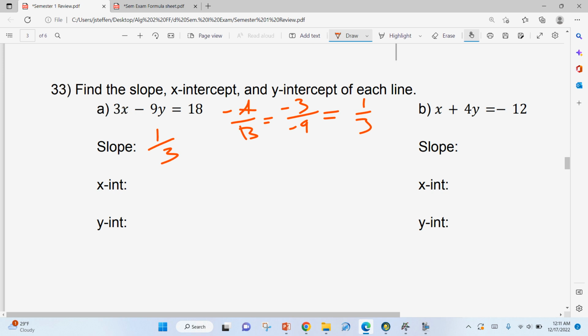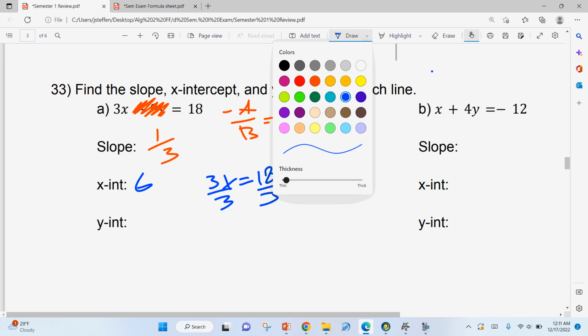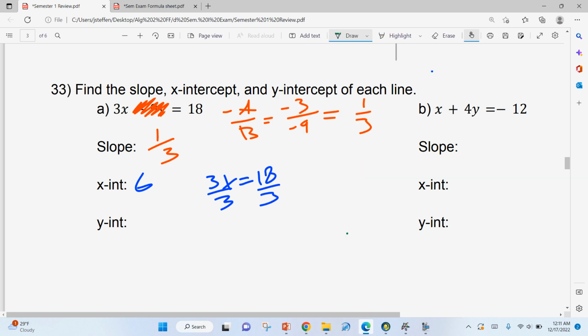Then the cover-up method for the x-intercept: we cover up our y. Remember, when you do the cover-up method, we want to keep the x to get the x-intercept. Change my color so we can stay organized. That leaves 3x is equal to 18. If you divide both sides by 3, that means my x-intercept is 6. And my y-intercept,